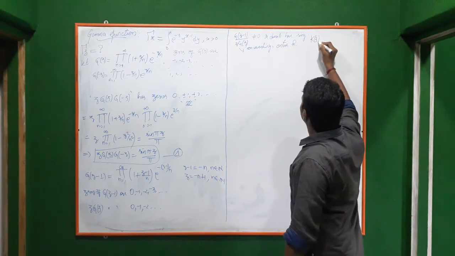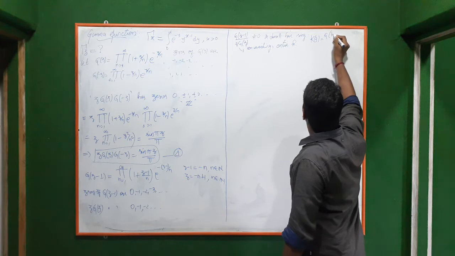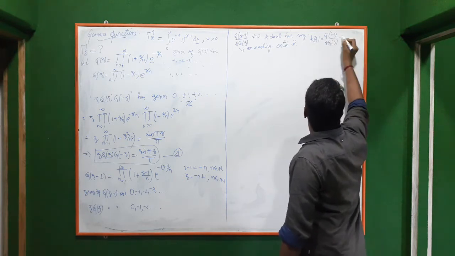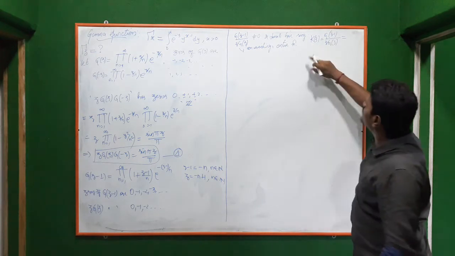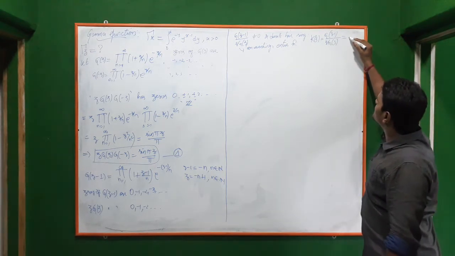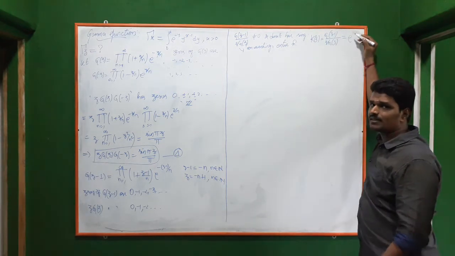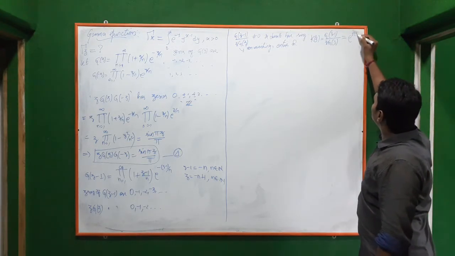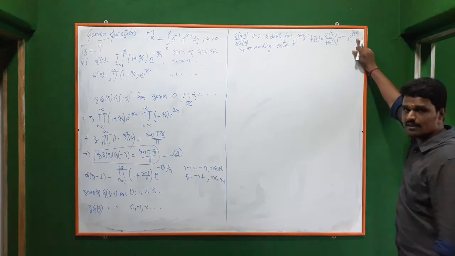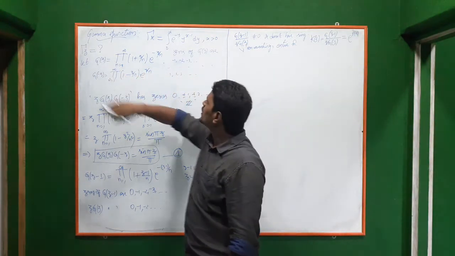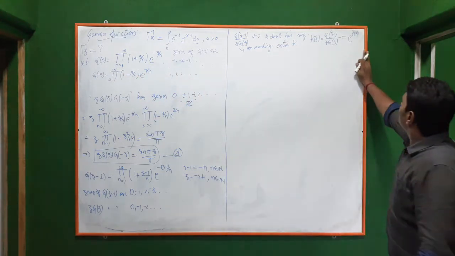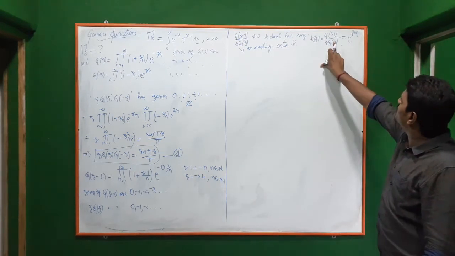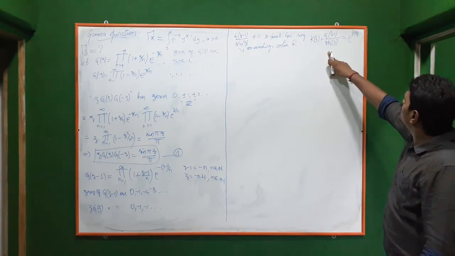So k of z is equal to g of z minus 1 by z into g of z, which we can write as any entire function. For any non-vanishing entire function, there exists some other entire function such that that function is equal to e power that function. Let it be gamma of z, small gamma, that is not capital Gamma. So e power gamma of z is defined as g of z minus 1 by z into g of z.